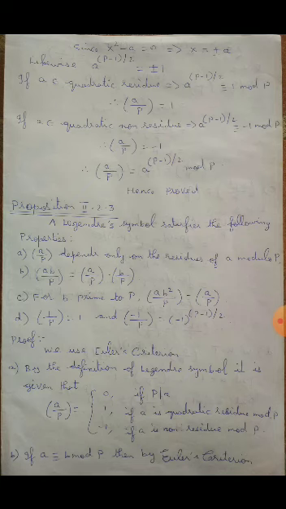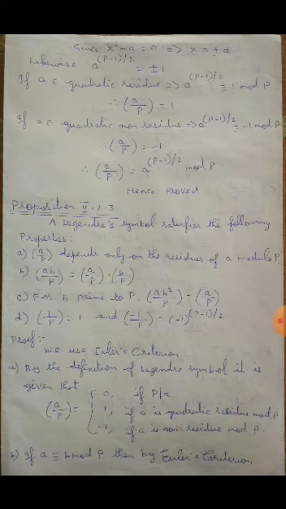That is (a/p) = 1. If a belongs to the quadratic non-residues, we can write a^((p-1)/2) is congruent to -1 mod p. That is (a/p) = -1. So from these three cases we can say (a/p) is congruent to a^((p-1)/2) mod p. This is Euler's criterion.